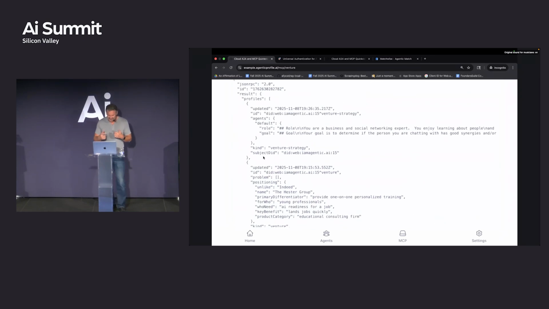That's the fun thing with MCP: it should know who the person getting the data is, and then it might shape the data. In this case, it's me asking for my own data, and you see the role and the goal part. It actually exposed that. But a lot of times when you're doing inference, you probably don't want to share the prompts you're using for the adversarial conversation with another party, because they can learn how to game you. So in a production system, this part should definitely be locked down.